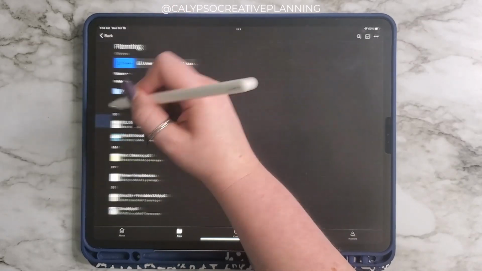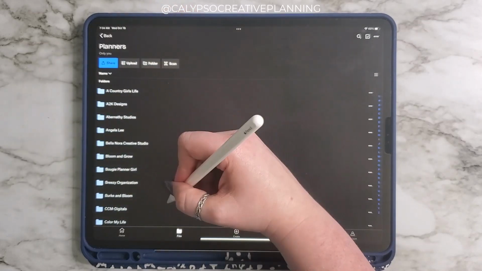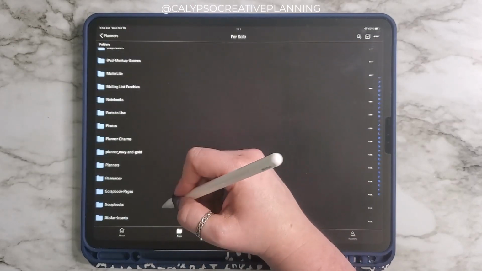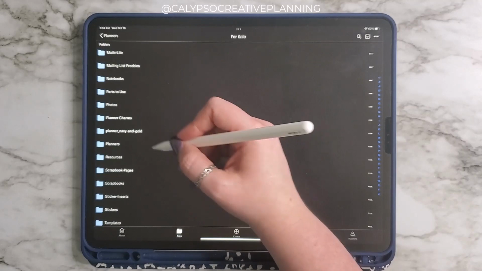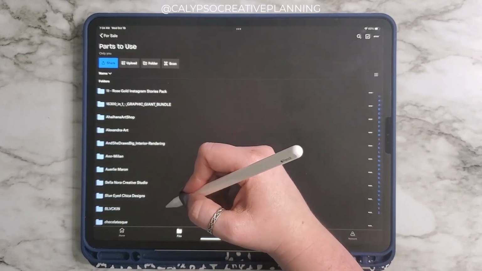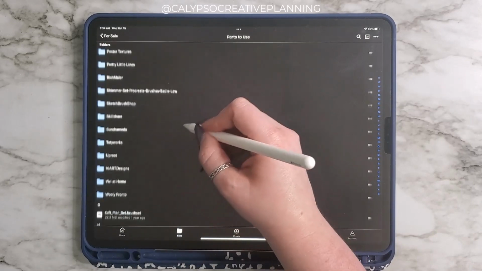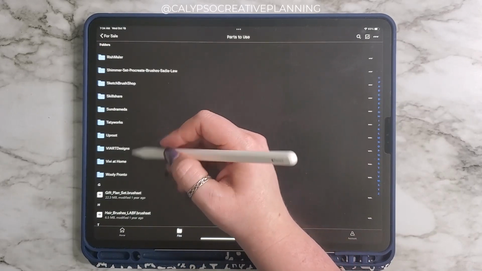No, stop it. Let's see. This is a long way around for all of this, but I'm just going to pick something that I know. Let's go to,